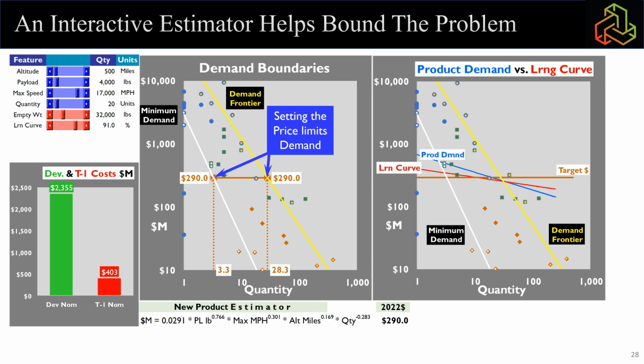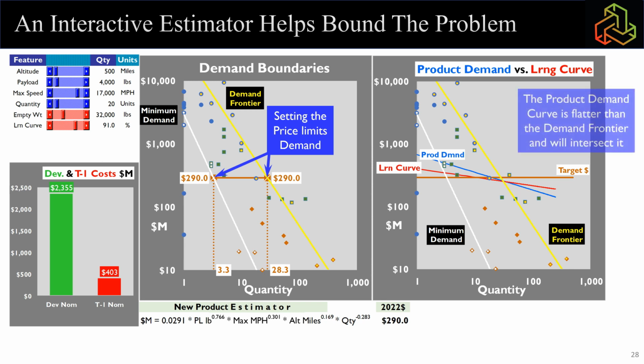And then on the right side, what we've done is that this quantity term here, quantity to the minus 0.28, this quantity term here is part of the feature of this market. Prices go down according to that exponent as you build more and more. And so what that means then, ladies and gentlemen, is that there's a product demand curve that forms. That is this blue line right here. Now this blue line has that slope,